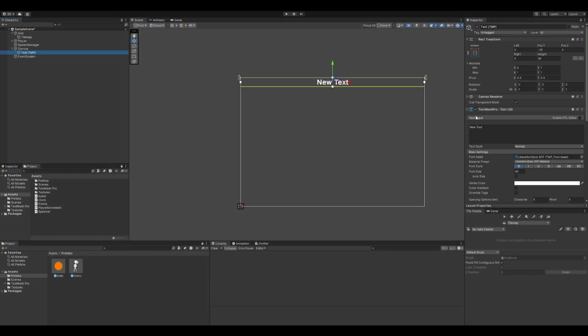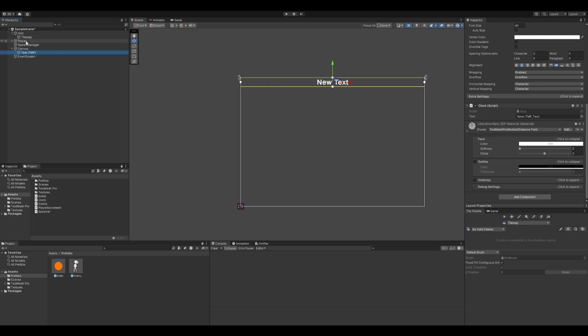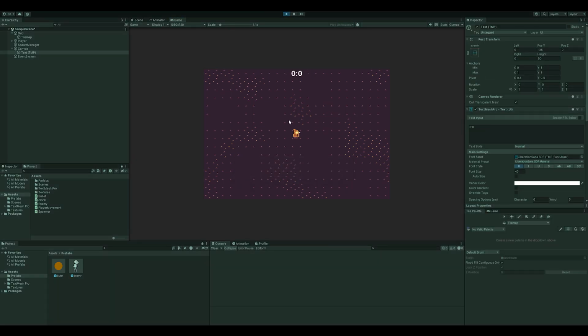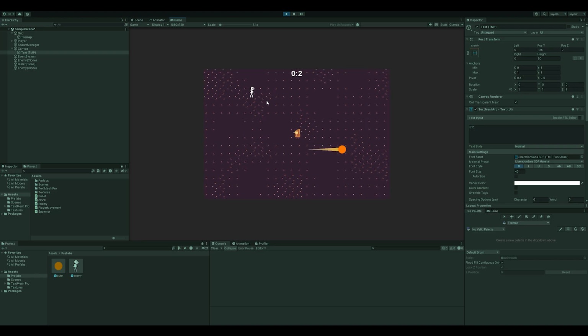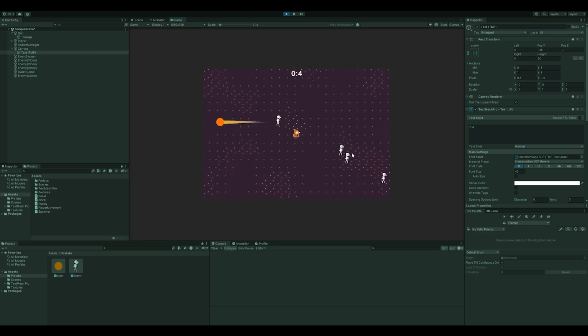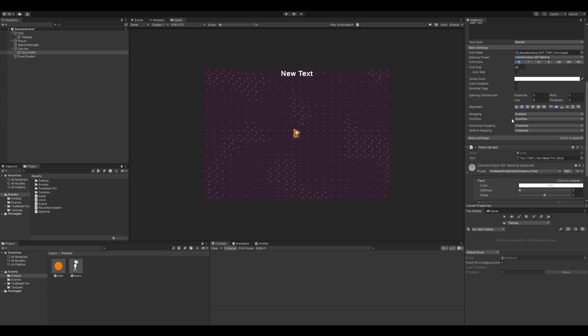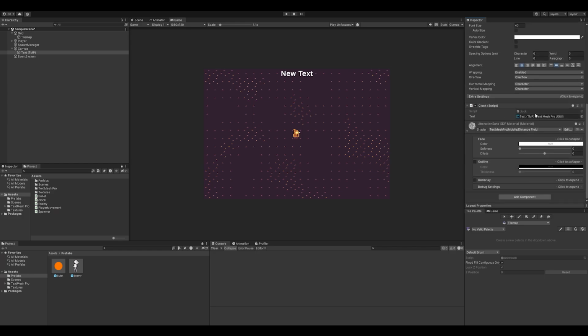And head back into Unity, scroll down to the script, grab your text and add it to the script. Now, in game, you'll see we'll have a working clock. And it looks a little weird right now, so the last thing I like to add back in our time clock script,